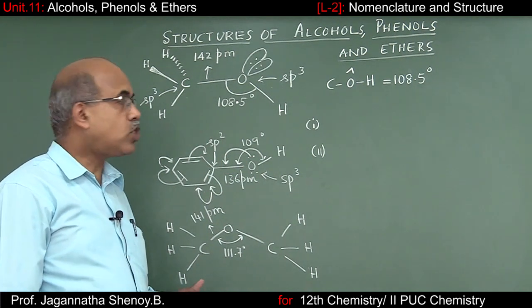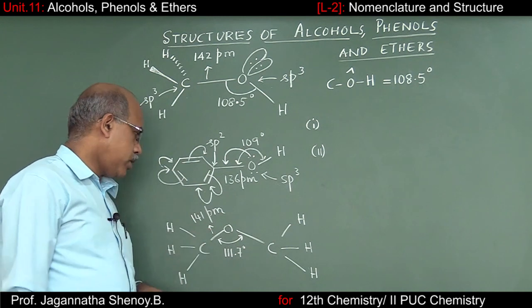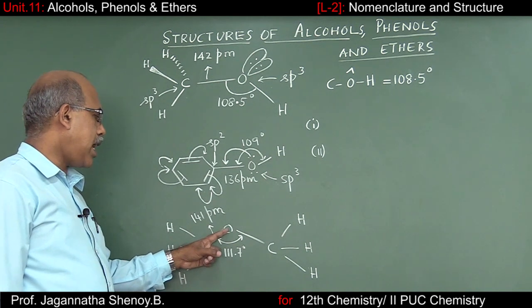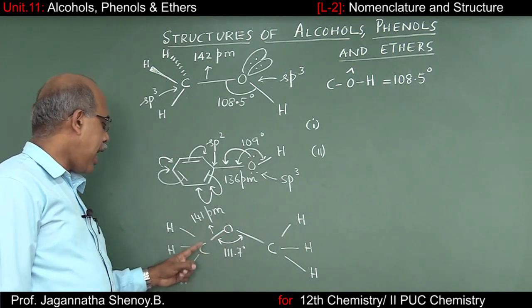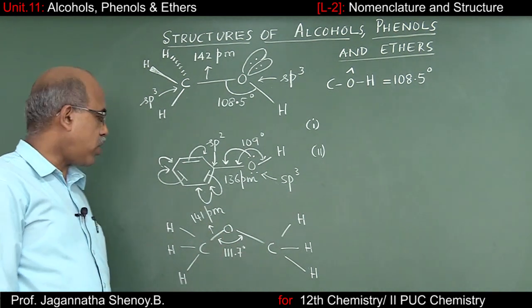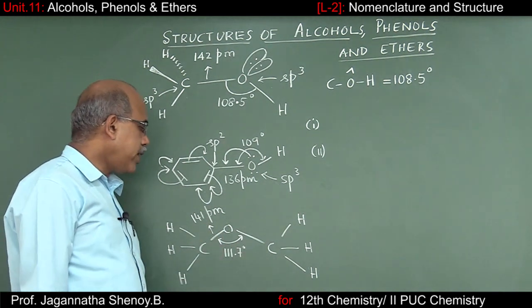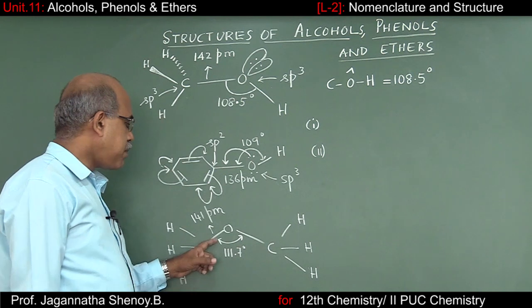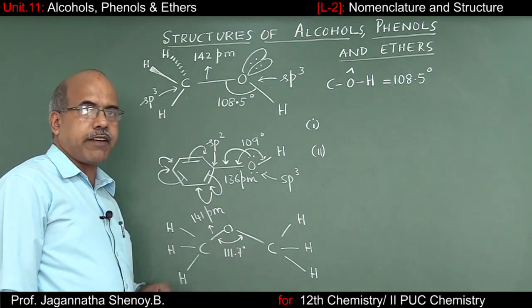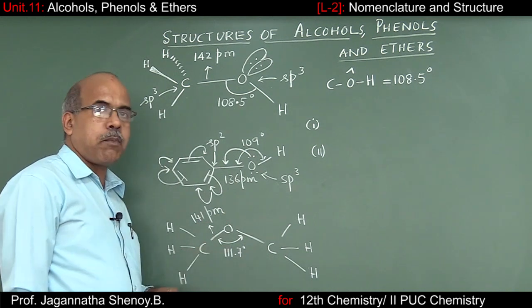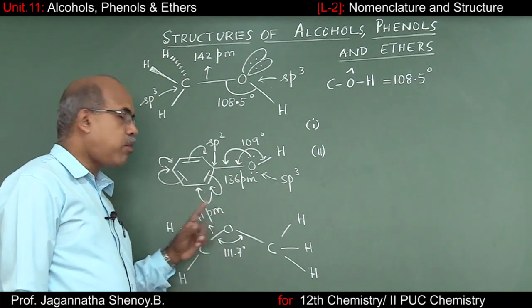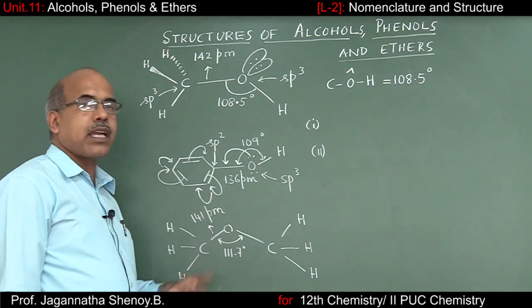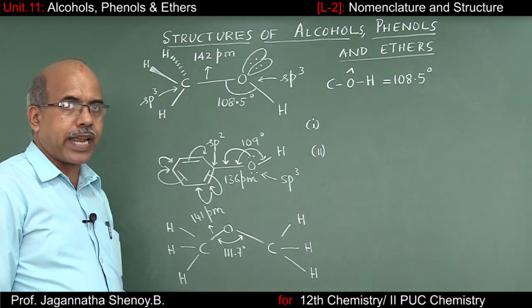bond towards itself strongly. Coming to the structure of dimethyl ether, here again you can make out that one oxygen and two carbon atoms undergo sp3 hybridization. The important question asked in this case is about the bond angle. We expect the bond angle to be 109.5 degree, but what is the observed bond angle? It's 111.7 degree. Now the question is, why should the bond angle be greater than tetrahedral bond angle?